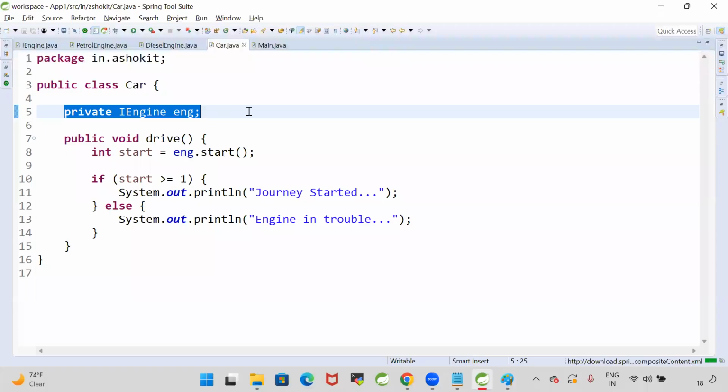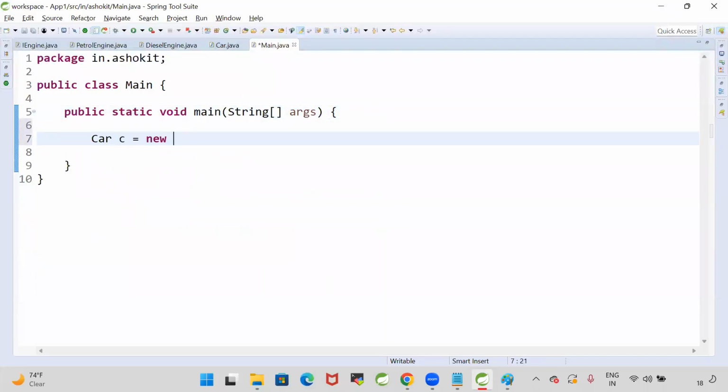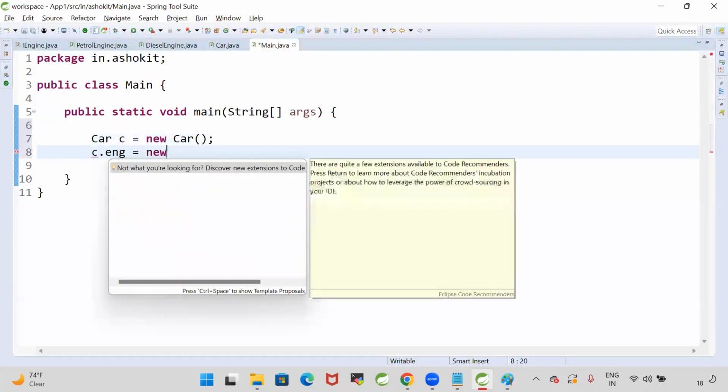Do we have a setter method to initialize? No. Do we have a constructor to initialize? No. There is no setter method and no constructor to initialize the variable. Now, this variable is private. Can we access private variables outside of the class, or can I directly go like this? Car c = new Car(); c.eng = new DieselEngine();